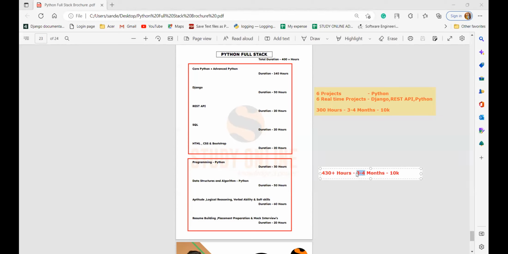What about this duration, sir? It will be for 4 to 5 months. And what will be the cost of this, sir? Guys, don't you think I have to pay for the people who will be doing the aptitude? That too in detail. I have to pay for the people who will be doing your placement preparation and programming, DSA I'll take. That's the reason. If you join Python full stack plus below part, whatever has been highlighted, it will be around 15K. Sir, will there be any reduction? 100%. Please do give me a call before doing the admission. According to you, 100% there will be a reduction, but not more than you can expect. Is that clear, guys? Please do respond.